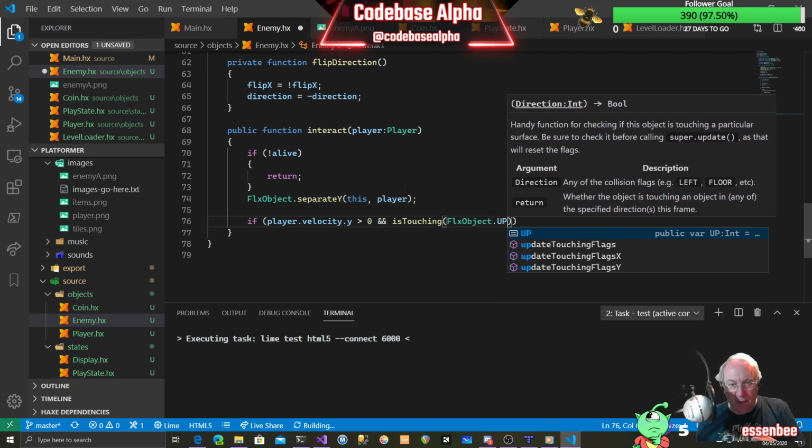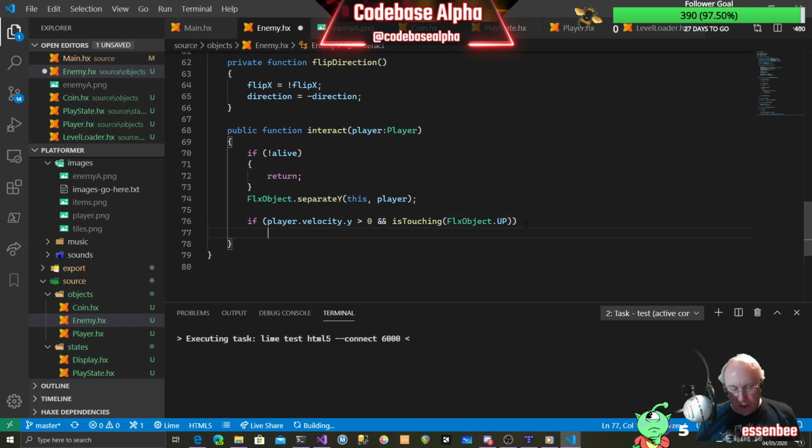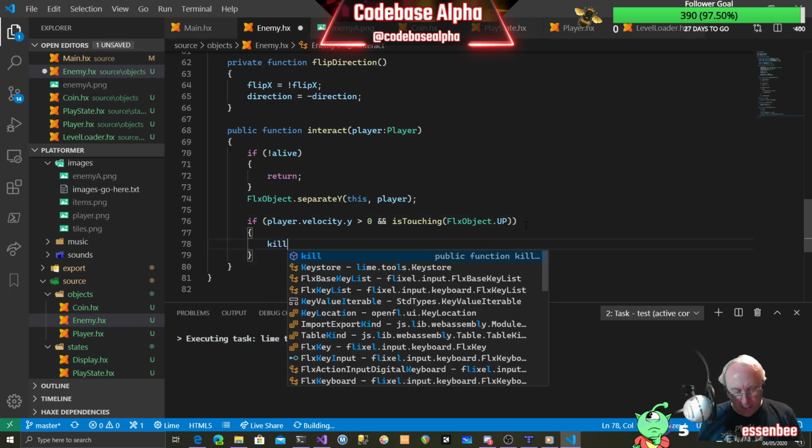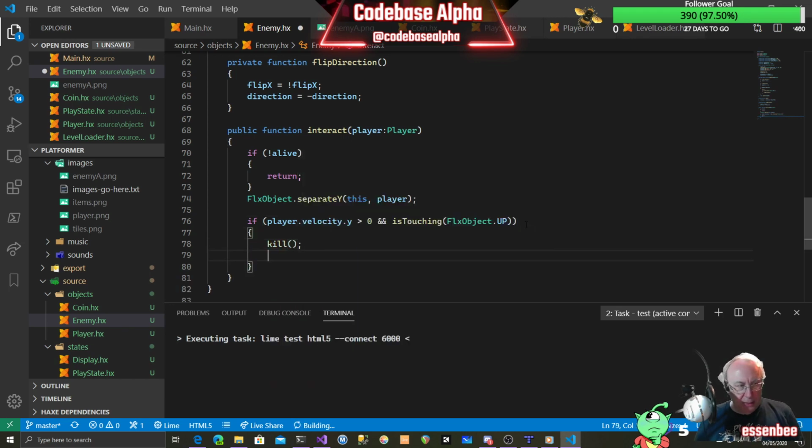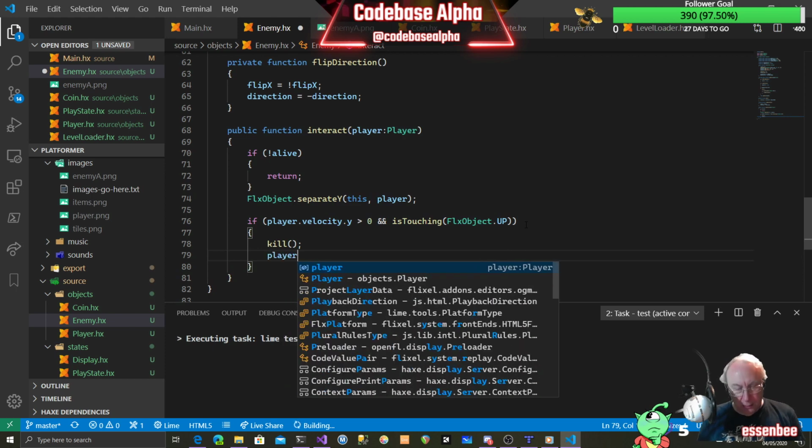So if you think of the collision box around the enemy, the top layer of that collision box, then the player is obviously touching on the up. Then we're going to kill. We're going to say kill, and then the player is going to bounce. So player dot jump,